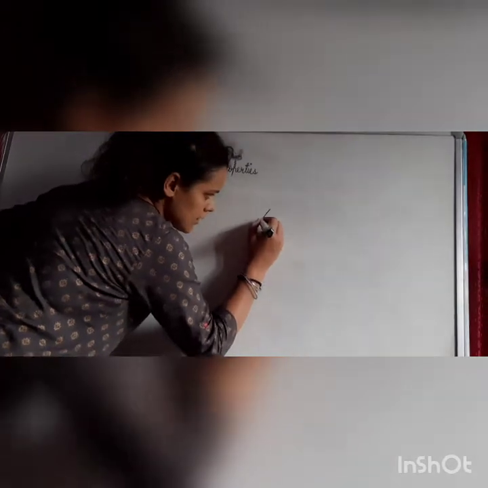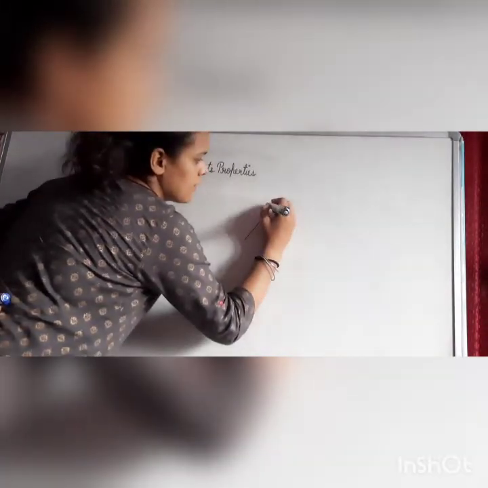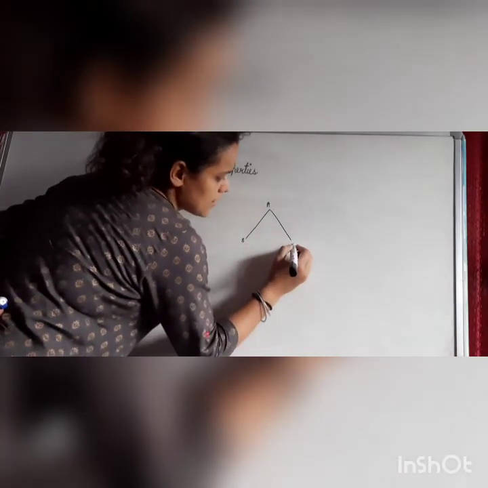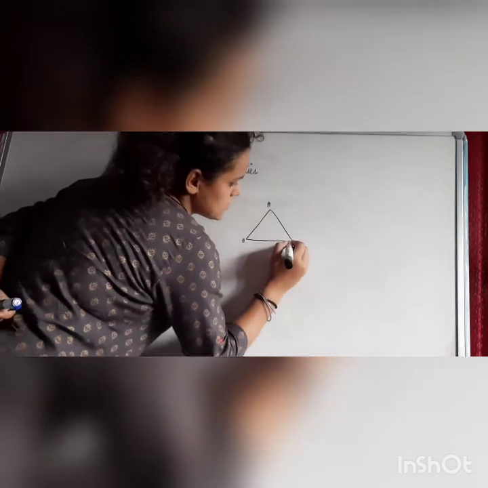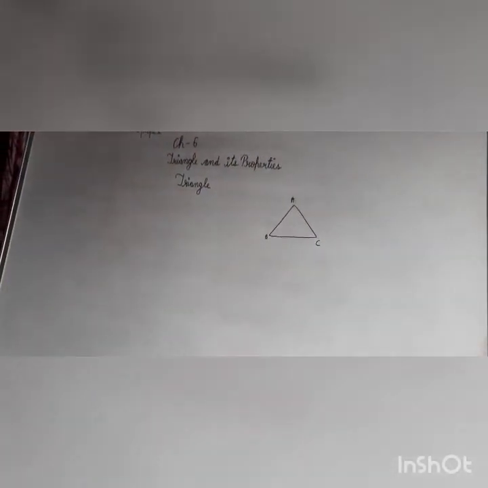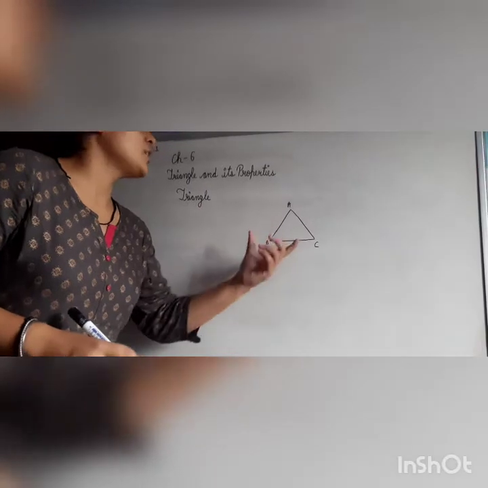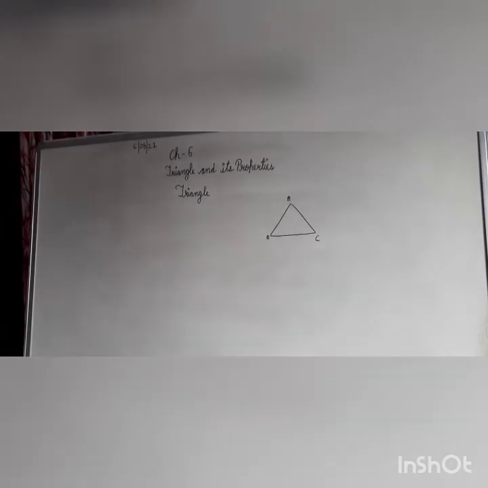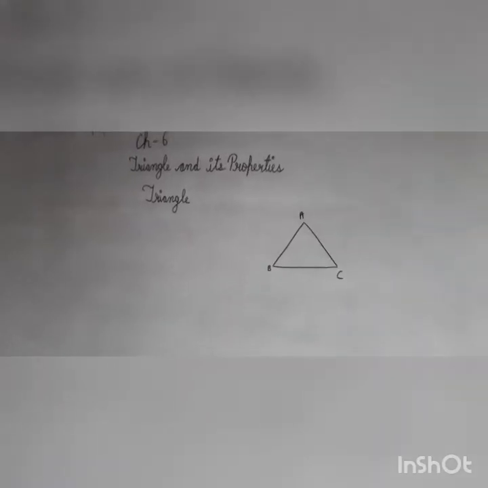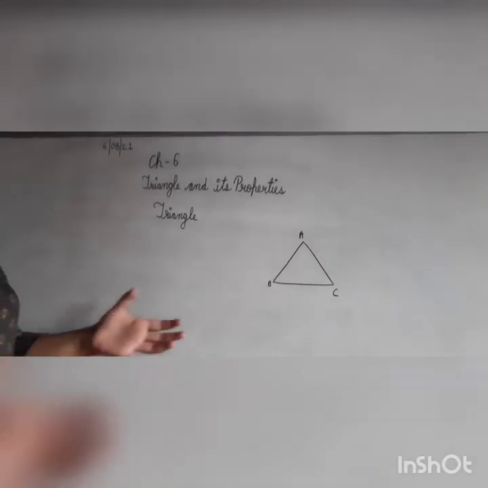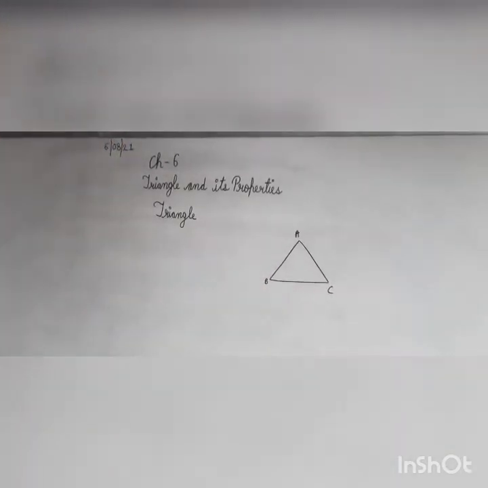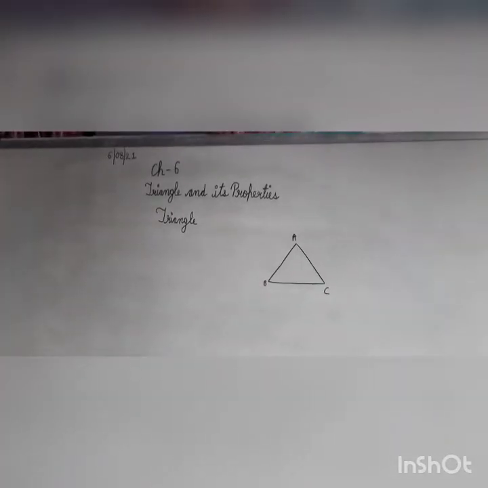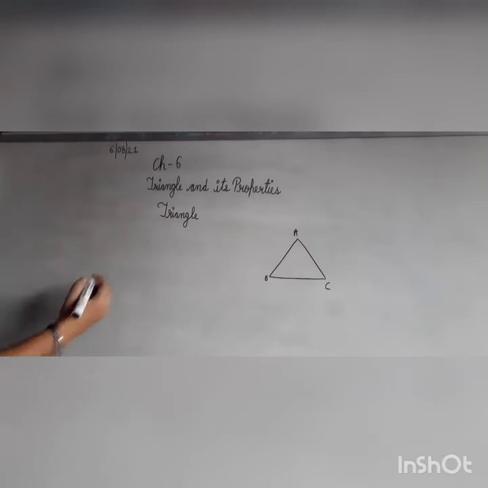Suppose this is A. This is line AB. This is line AC, and this is line BC. You can see that these 3 are the line segments. When you join the 3 line segments, it becomes a triangle. Okay. This is a triangle. Now a triangle has 3 vertices, 3 sides and 3 angles. First we will discuss vertices.